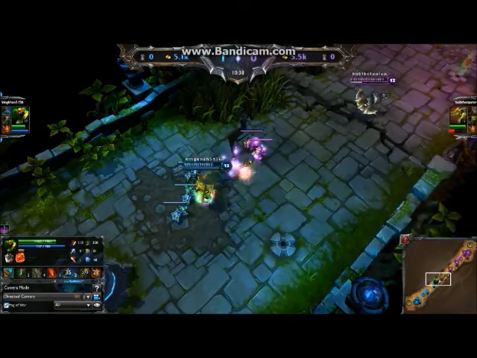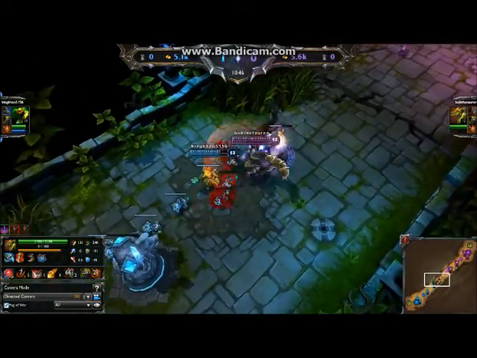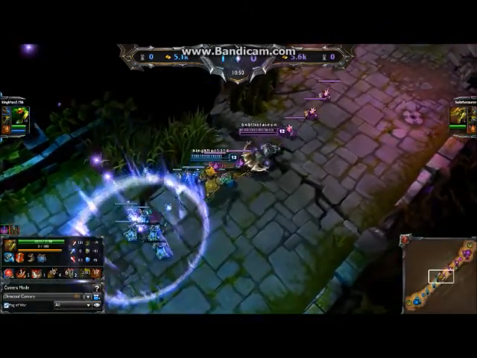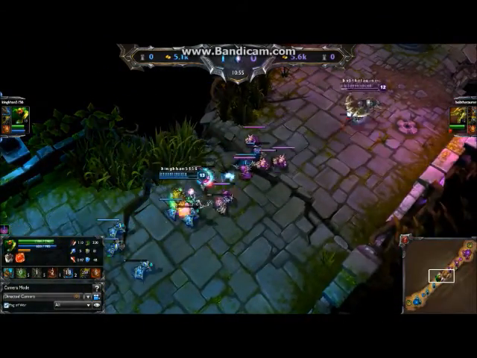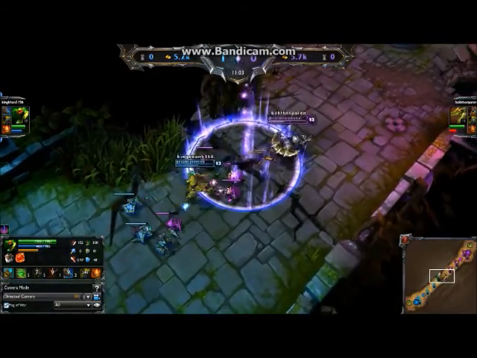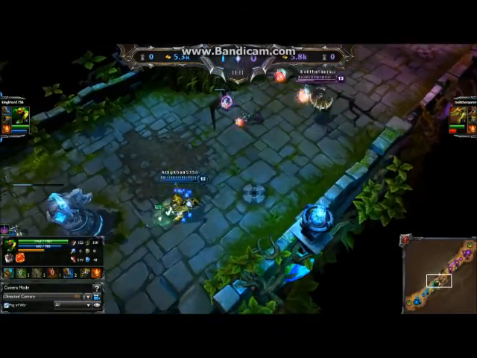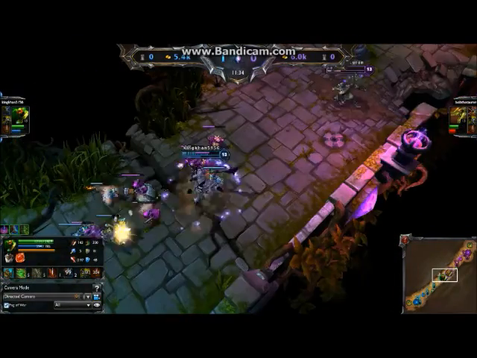After that, I usually like to build a Locket of the Iron Solari, just even now for more health, cooldown reduction, makes me a bit better. Next, I usually get a Runic Bulwark for that health and armor. And then boots, I get Ionian Boots of Lucidity for that cooldown reduction, all that good stuff. And then the last item, just basically...